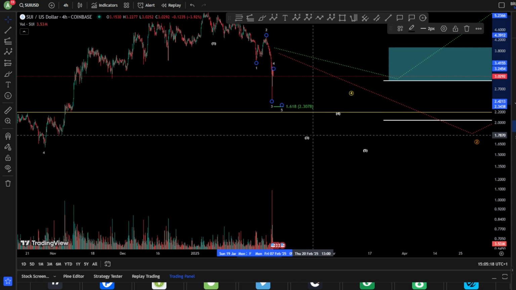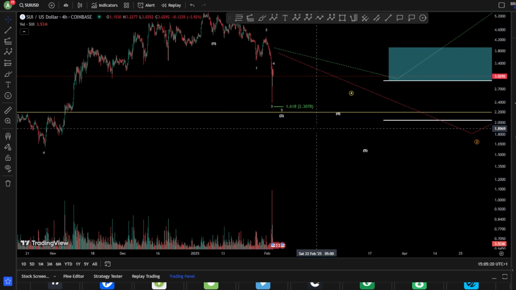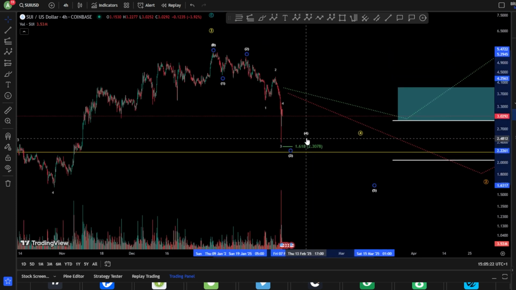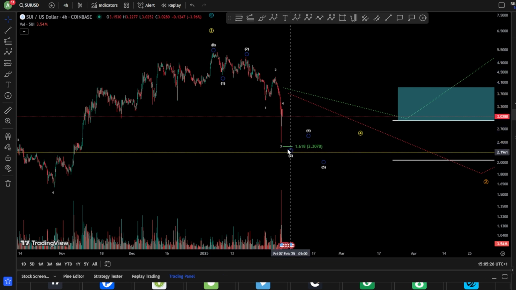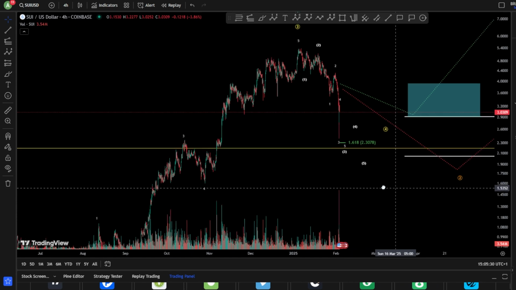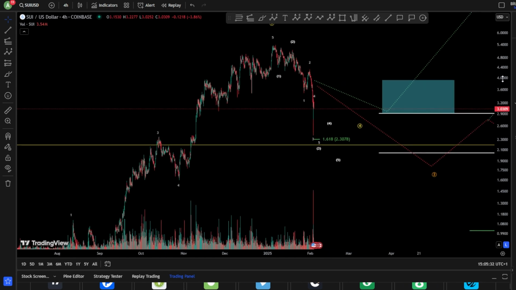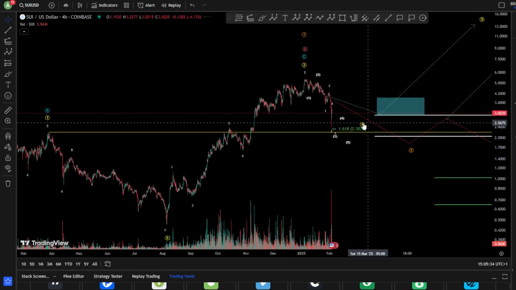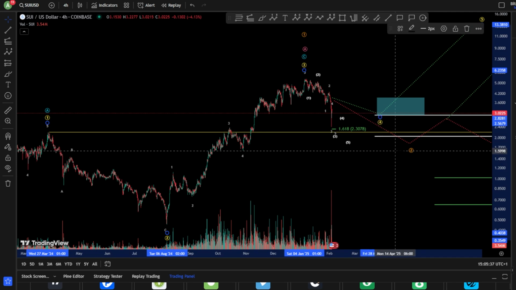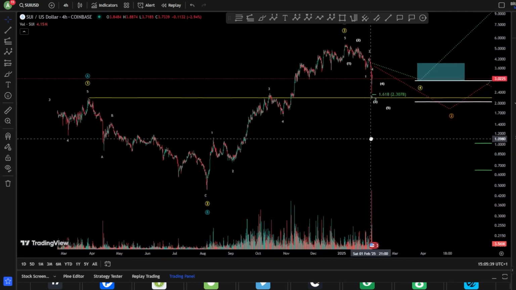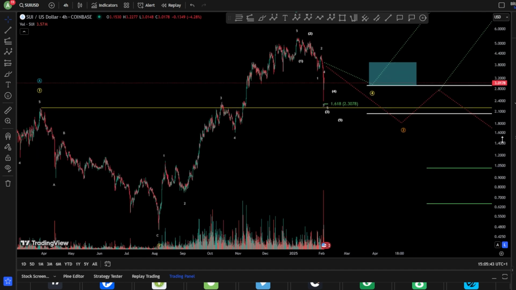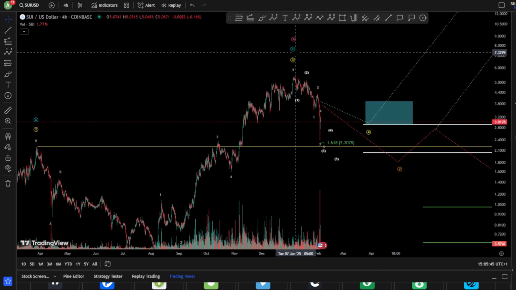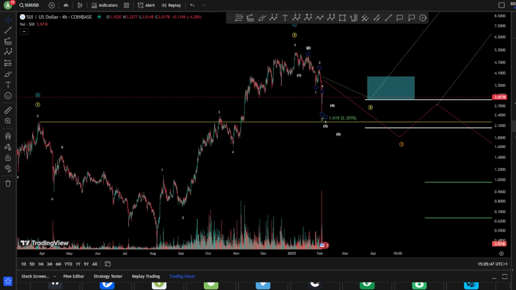And then, it's gonna finish the wave 3 here, probably in the white scenario, 4 and a 5, somehow like this. But don't forget that directly with this wave 5, it's gonna invalidate this impulse toward the upside, guys. So we are not looking probably to this wave 4 anymore. Yeah, so this is the insight. If that happened, I'm gonna remove the yellow count, and consider this is an ABC, of course. Yeah, so that was it for SUI.